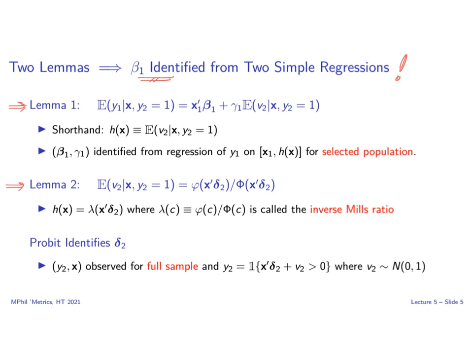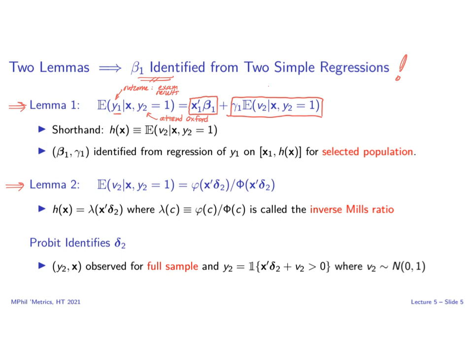The first lemma says that the expected value of y1, and recall that that's our outcome of interest, so in the MPhil example, that's first-year MPhil exam results, the expected value of y1, conditional on x, and the fact that y2 equals 1. So this is the conditional mean of MPhil exam results, given characteristics that we observe, and given that someone was admitted to and chose to attend Oxford. This is equal to x1 prime beta 1 plus gamma 1 times the expected value of v2 given x and